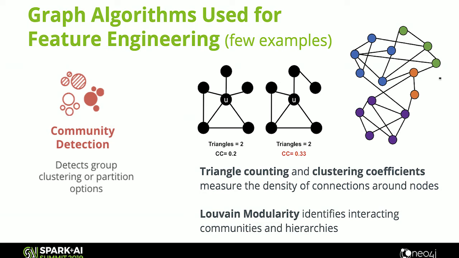The other one we looked at was Louvain modularity. That's basically helping to identify communities. You can think of it as a very scalable community detection. And it also looks at hierarchies of communities. So you can look at a large community that has a subcommunity, that has a subcommunity, that has a subcommunity, and you can dial in at what intermediate community you might want to use for your analysis.